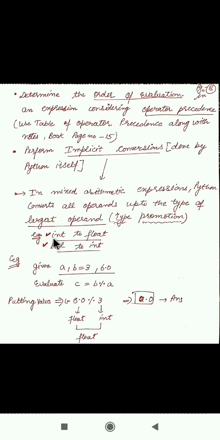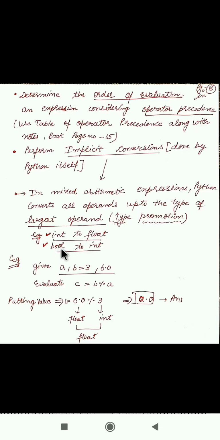So if we have two data types in a common expression, then the lower data type will be promoted to the higher data type, like int will be promoted to float, bool will be promoted to int. We know float consumes 4 bytes to store something in the memory, int consumes 2 bytes. In 2 bytes we cannot store a float value. Whatever data is being stored in int will be stored in float now.